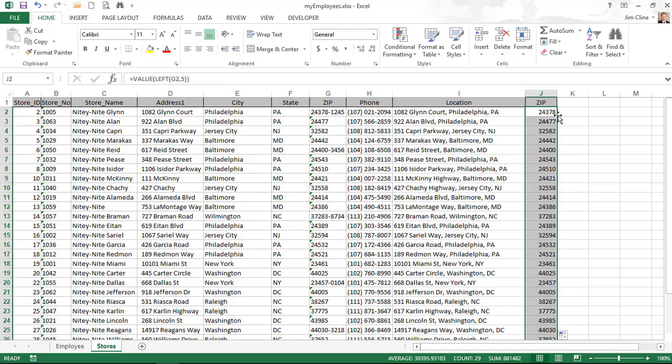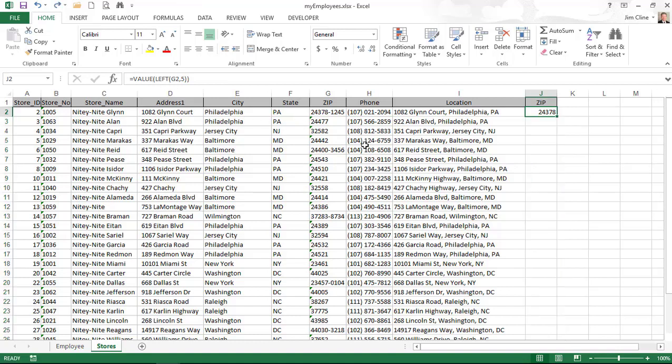Now, here's another trick I want to show you. A quick and dirty way to turn a text string containing only numbers into a number format is just to add 0 to the end of the formula. Actually, any mathematical calculation would work. You don't have to add 0. You can multiply it times 1 or something like this. So in this example, I'm going to type Control Z a couple of times